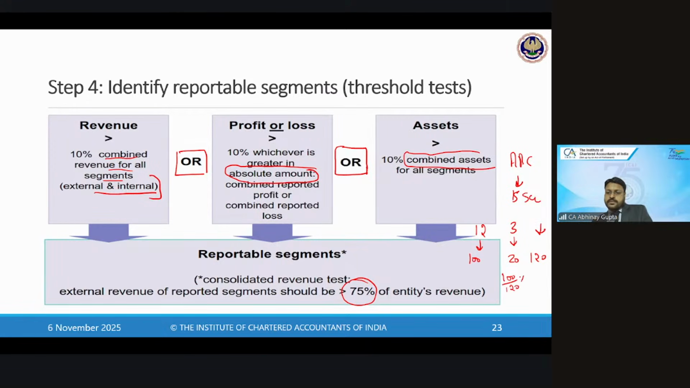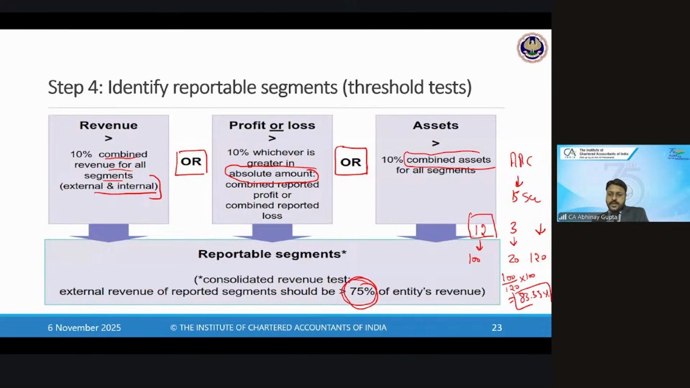What is the percentage? Can somebody tell me? Sir, it's 83.33. 83.33%, right? So in this case, since my reportable segments on the basis of other factors are coming as 12, and I am still above this 75 percent, if I want to reduce the number from 12 to 11, I can explore that